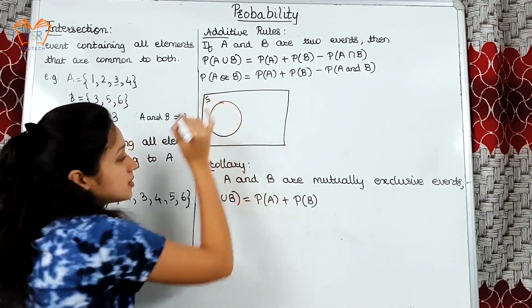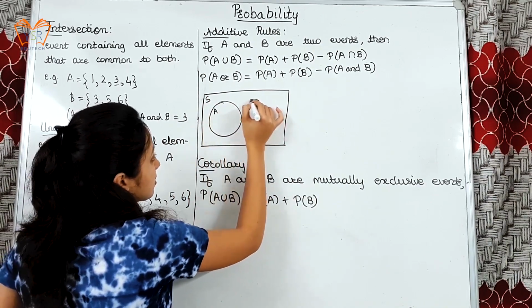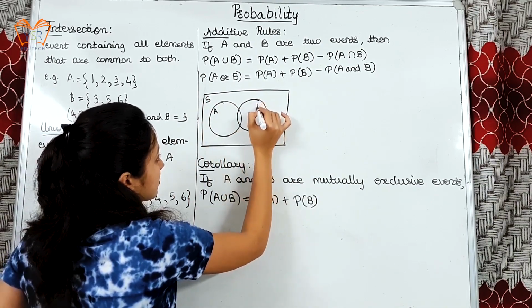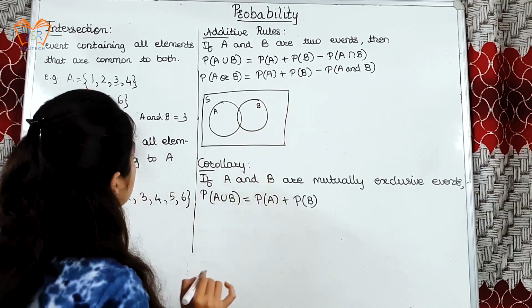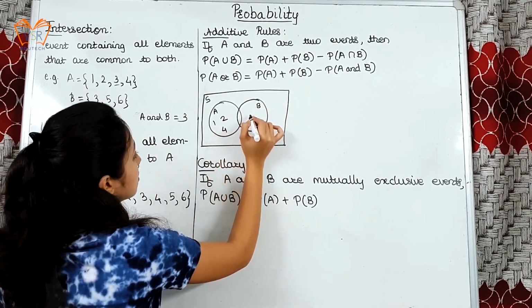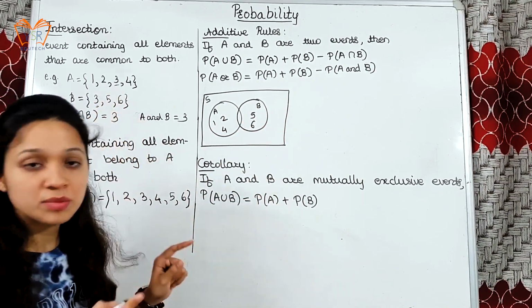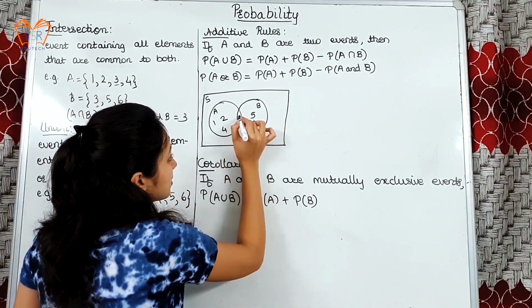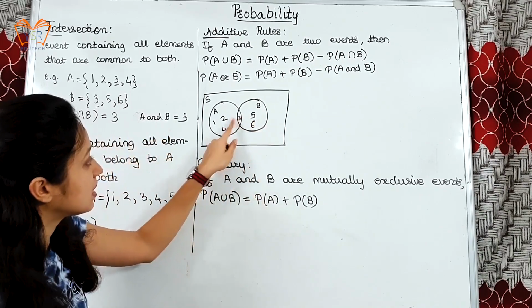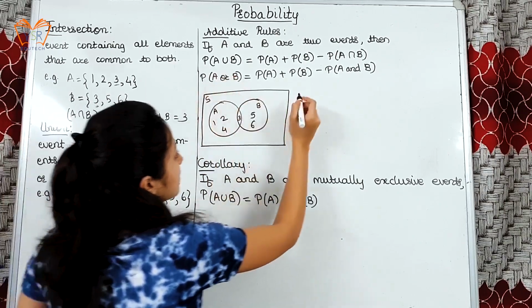Suppose this is sample space S and we have event A and event B. We'll take the same example, 1, 2, 4, 5, 6. And as we know, 3 is common between both. So 3 will be written here, that is, it is included in A as well as in B. Now the union will be